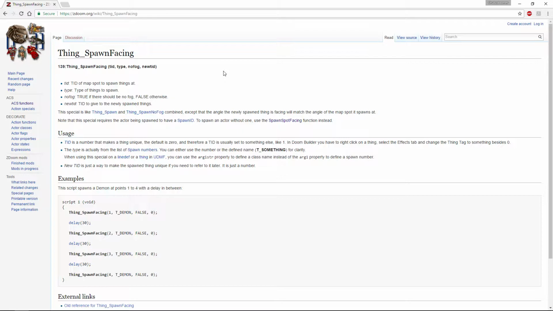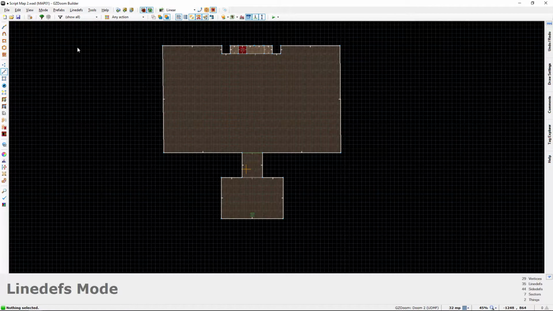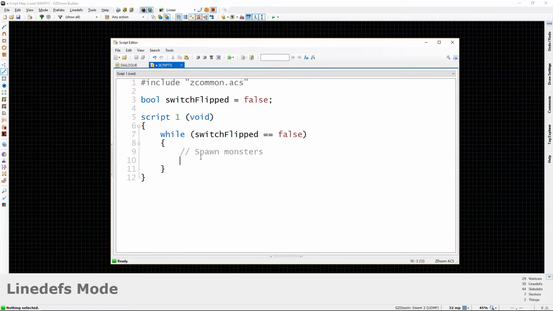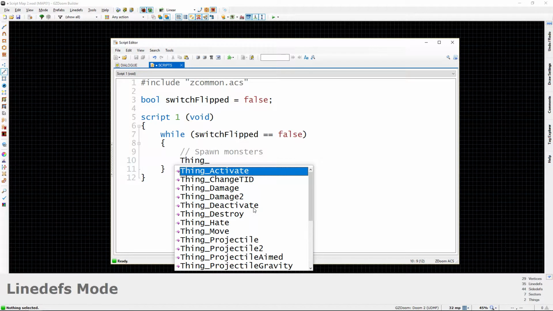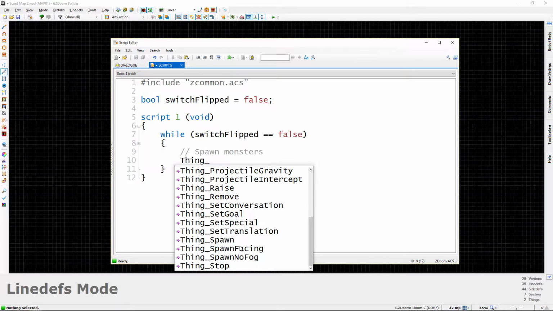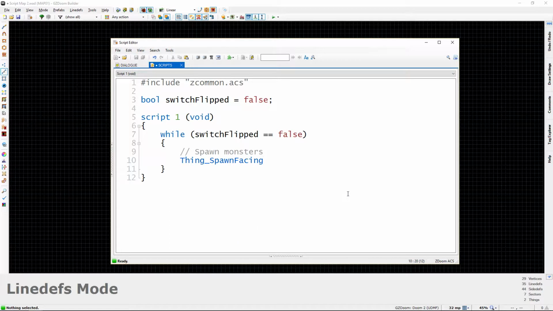And that way, when you spawn the monster, you don't have to have a separate line of code that tells it which direction to face. This is like an all-in-one solution. For me, this has always been the easiest way to do it. So let's go back into our map editor and then the script editor, and let's type that line. So thing underscore, and you can already see it giving us some suggestions. We'll just double click this, spawn facing, and then